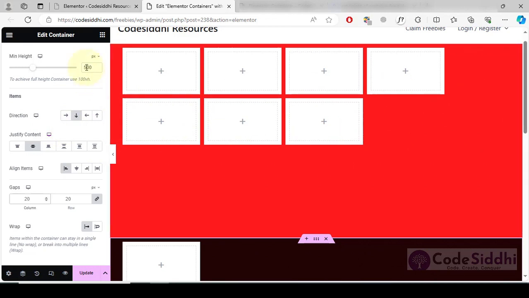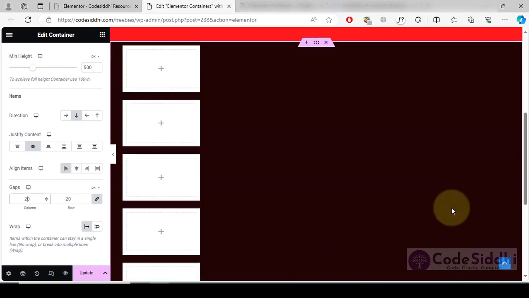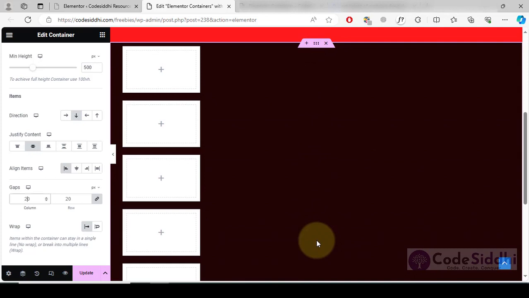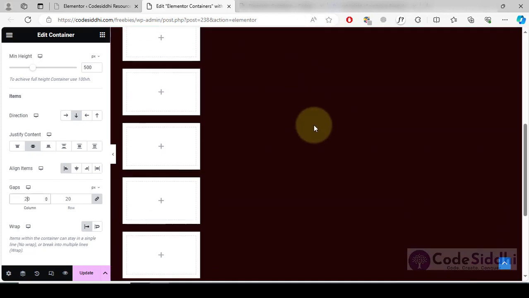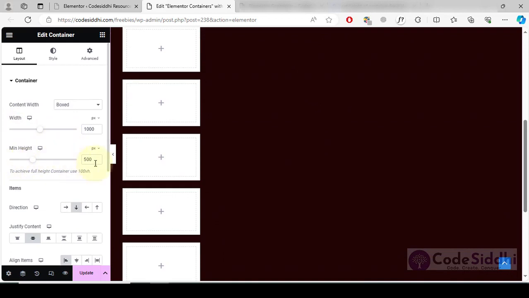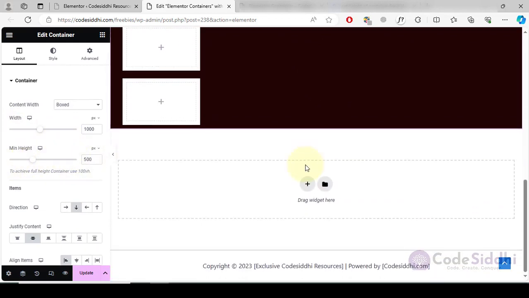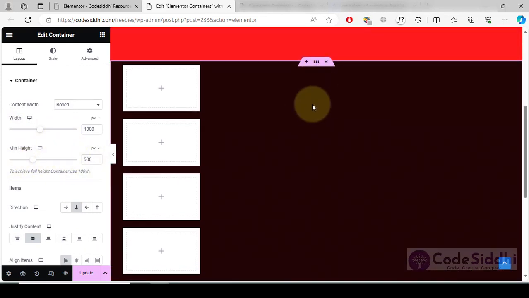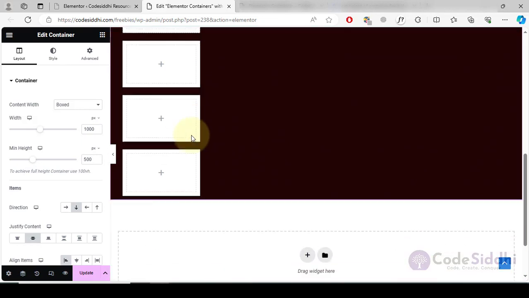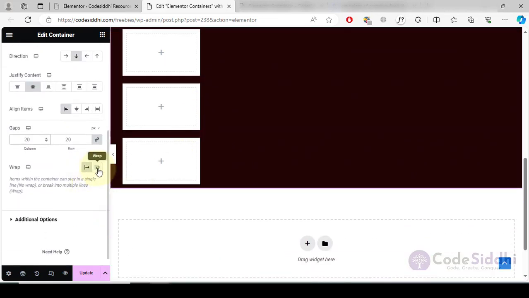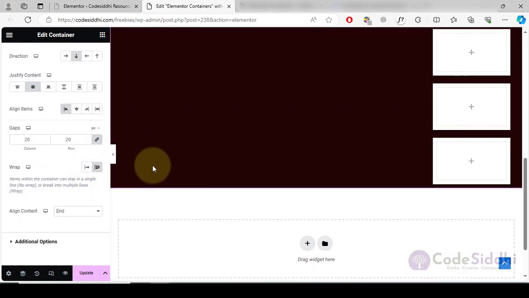In that case, the width of screen is fixed, right? But here, if you see, the direction is set to vertical, so the height of this particular parent container is not fixed. Obviously minimum height is set to 500, but there is no maximum height parameter set for this particular container. In case there is maximum height parameter set for this particular container, in that case, if you go ahead and select wrap, what will happen is